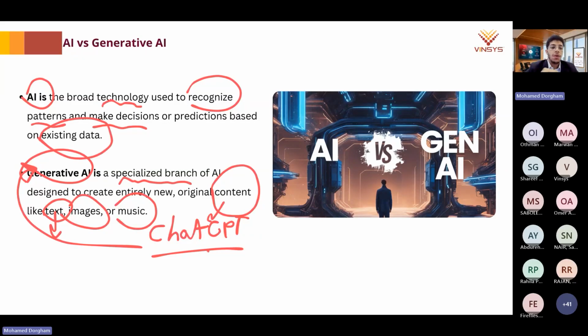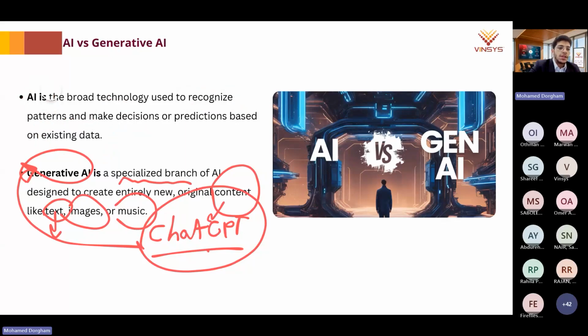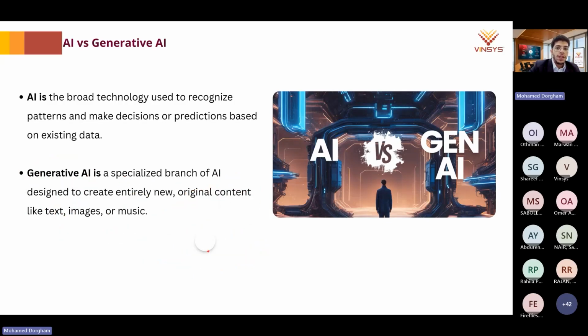Now I want you to focus with me on the following. Let's take this example. We mentioned that ChatGPT is a generative AI, and by the way, throughout this session we are going to focus on this type of AI, which is generative AI, because this is the most widely used AI type or branch across our everyday life. So we mentioned that one of the applications is called ChatGPT.